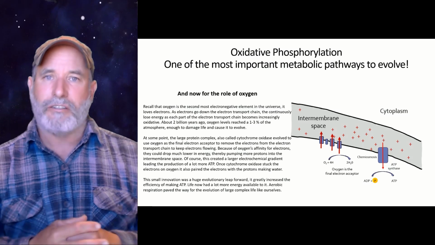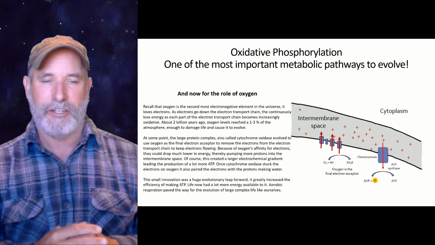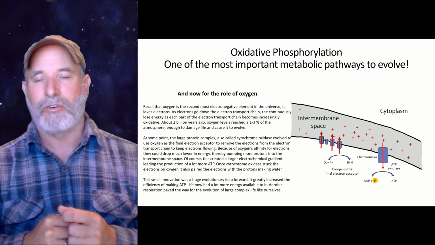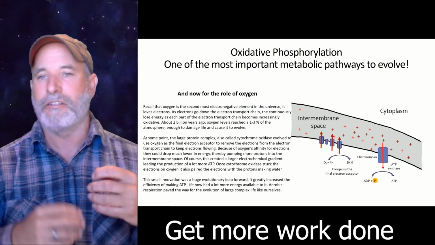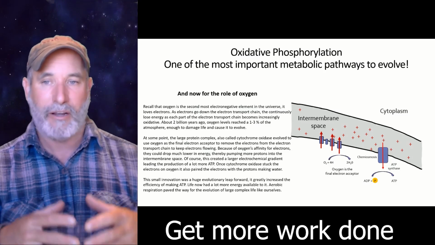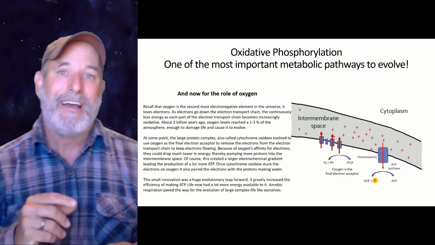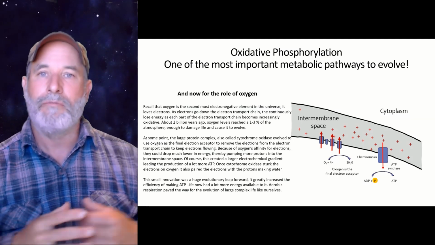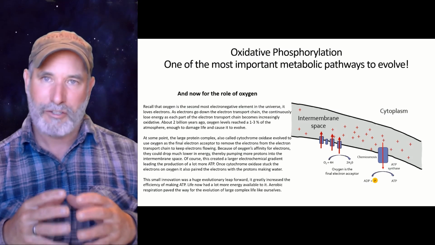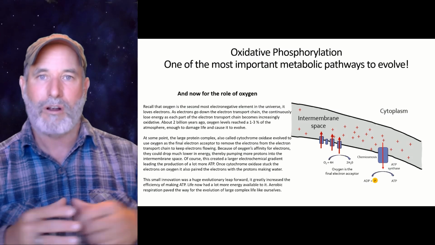But when you use oxygen, what happens is those electrons can go way down in energy, which means you can create a larger electrochemical gradient. You can store more energy. It's like storing more water behind the dam, right? And by getting more work out of those electrons, going all the way back to your organic molecule, you make more ATP. This tiny evolutionary step. And if you look on the right, you can see 1, 2, 3, 4 complexes.